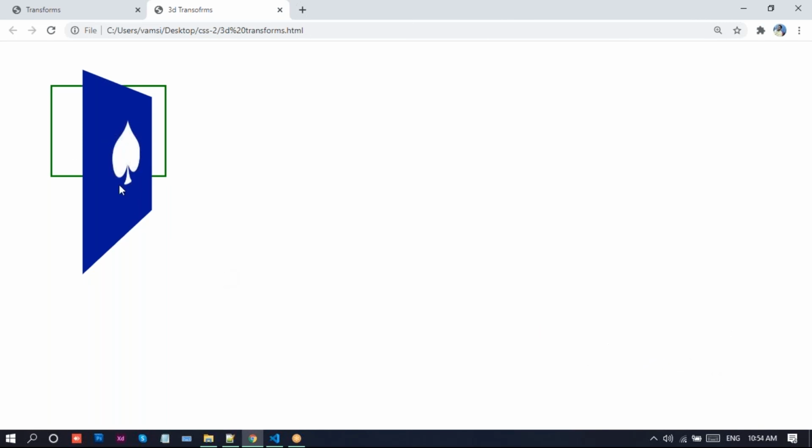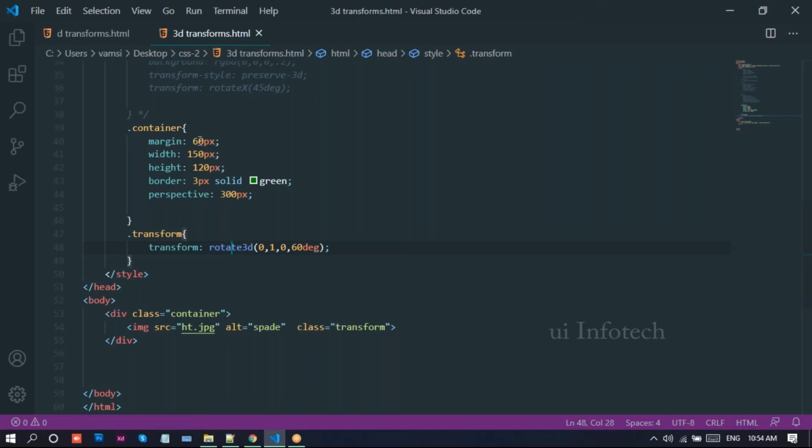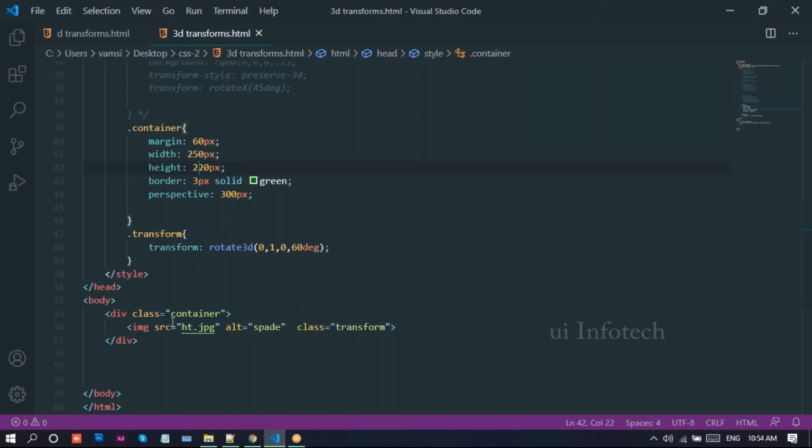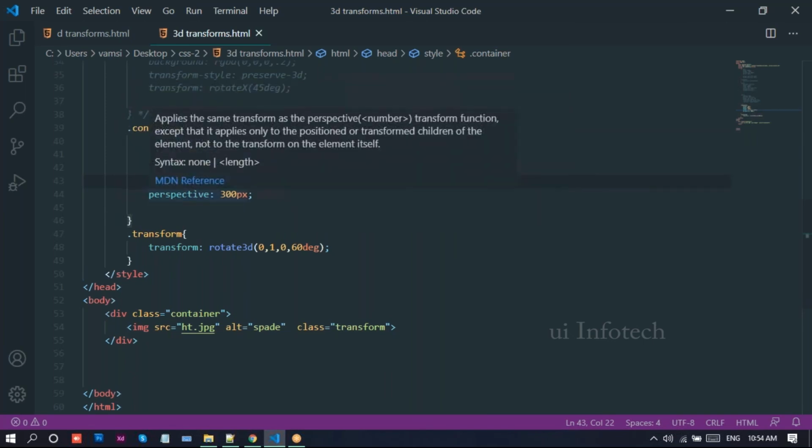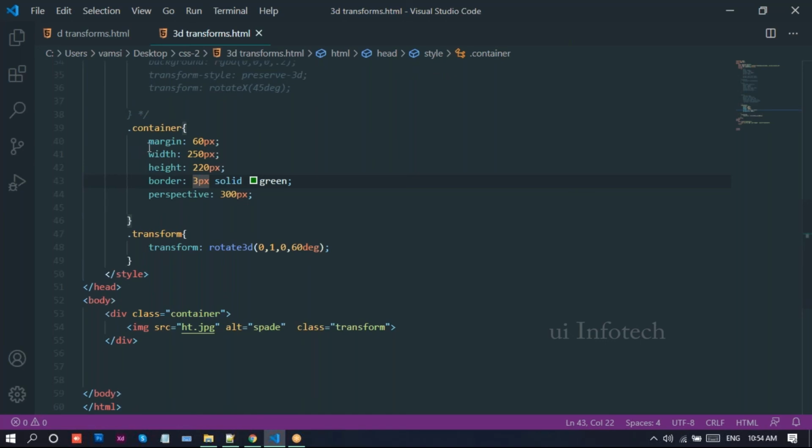See, look, we just rotated the div element using this rotate. And if you want to increase the size of the width and height, we just provide 50, and here also just provide 220. Let me go to this browser, just reload this page. Yeah, look at it. It looks good. And like this, we can rotate the elements. And here is the code for this one. First, we take this div. Inside the div, we will take this image. And for this div, I just apply this margin. You know, margin means it will give some outer space. So for that purpose, we took this margin there.